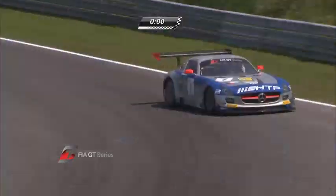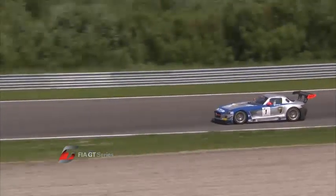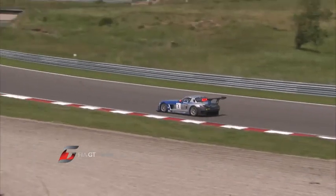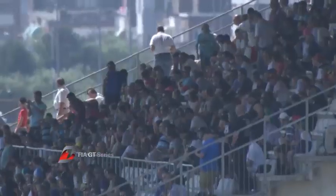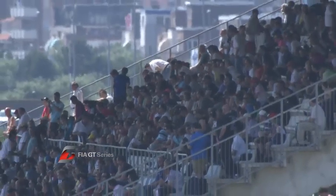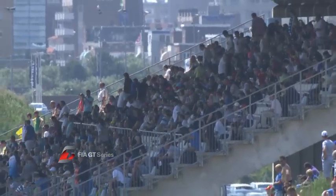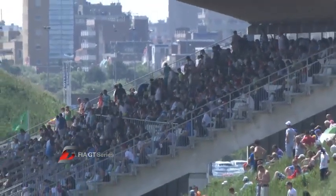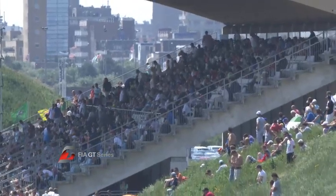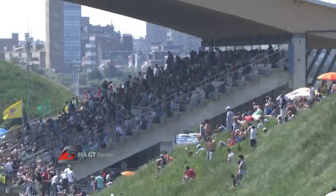Well, it's been a long time coming, the end of this race, considering we had that long red flag period in the middle, but Alan Day and Maximilian Buch, another brilliant drive from them, and this time the pit stop work from HDP was spot on. They had a super run yesterday, and Maximilian Buch in particular was outstanding, but Alan Day has done a brilliant job. He took advantage of the lead that Maximilian Buch gave him, and he consolidated that lead,